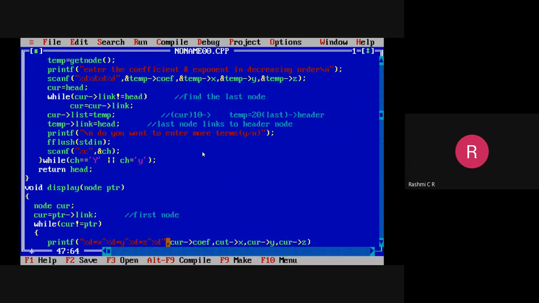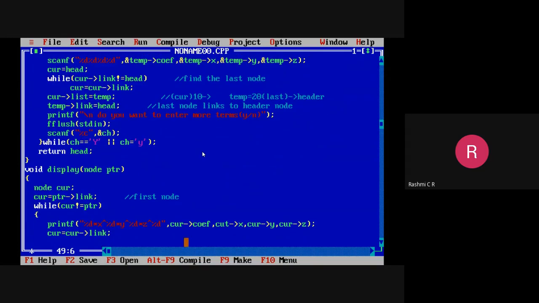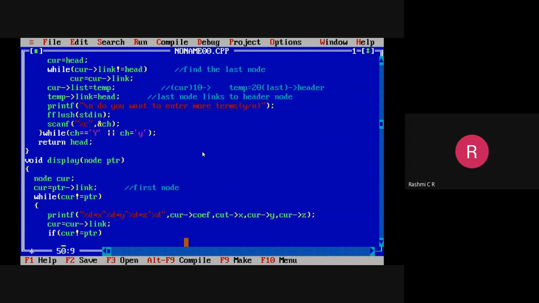Then close this. Initially we will start with the header node. Afterwards, we have to just move to the next node. For moving to the next node, we will be moving via its link part. So if your current is not equal to the header node, in between I should have a plus symbol, because when you look at each of the terms, after I print the first term, the next term should have a plus symbol.